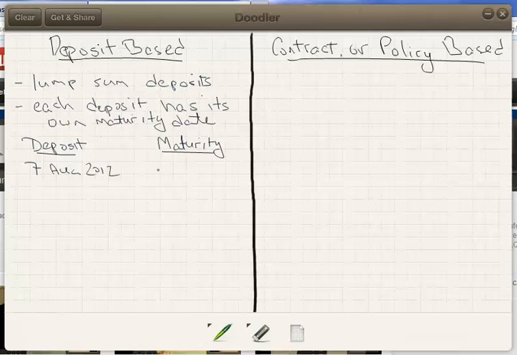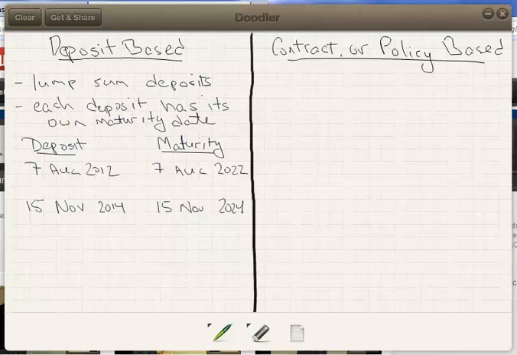It could be a 15-year or longer maturity date, but let's say 10 years. That deposit will have a maturity date of the 7th of August of 2022. And then a subsequent deposit is made, let's say on the 15th of November of 2014. That deposit will have a maturity date of the 15th of November